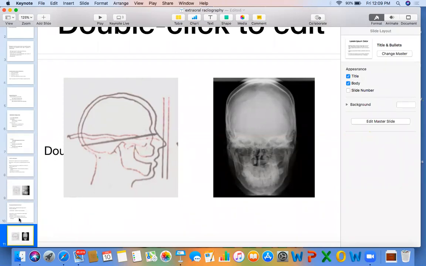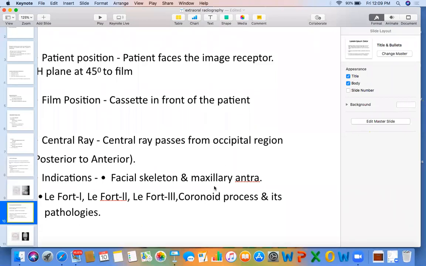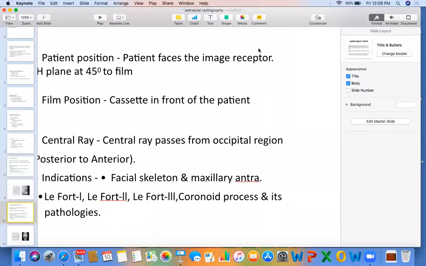Okay. So what are the indications? It is to see facial skeleton and maxillary antra, as well as Le Fort 1, Le Fort 2 and Le Fort 3 fractures, which are visualized or diagnosed with the help of this view. Again, coronoid process and its pathologies can also be viewed with this. Next is